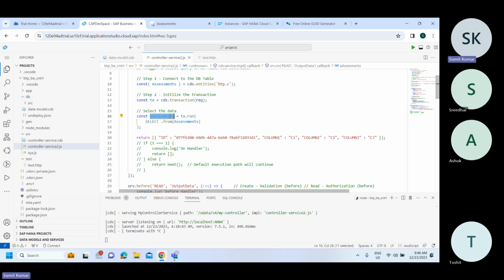It will give me the data in my assessments. After doing that, what I might do is return some sort of data in my output. In order for me to do that, I have to prepare some sort of response data. Now in order for us to convert these assessments into, let's say, a JSON output,